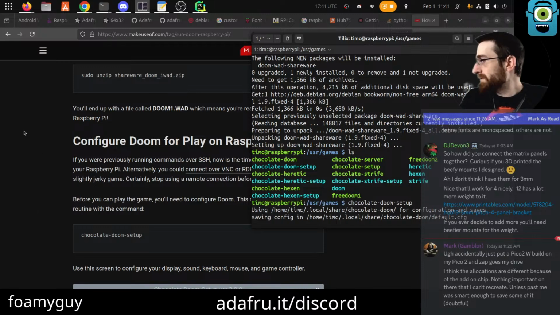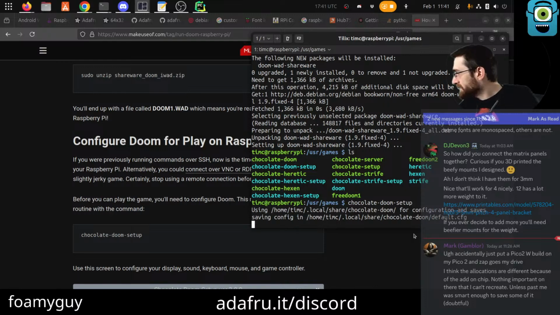Okay, so y'all can't see the HDMI display, but that just put up a kind of ASCII GUI thing on the HDMI. Actually, it has a mouse as well, which is pretty crazy. Configure display. Correct aspect ratio.